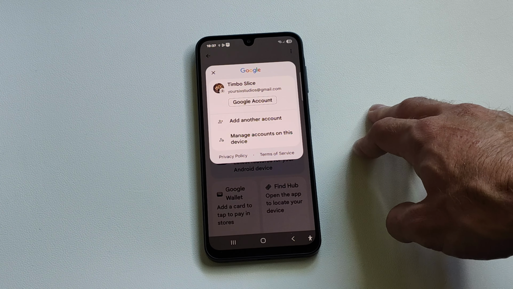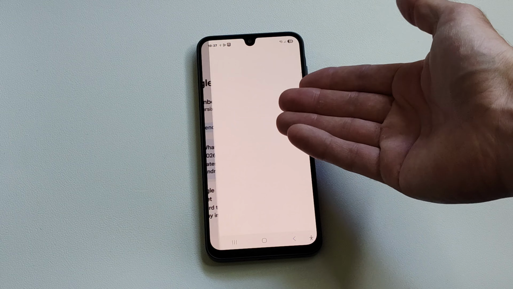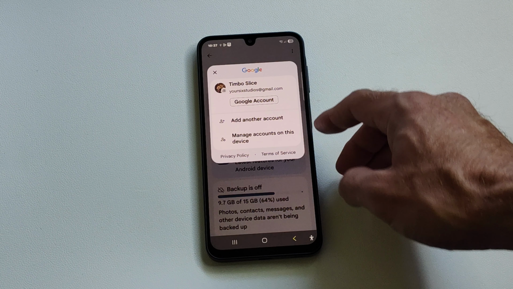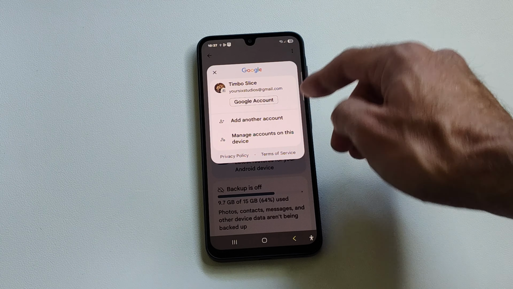Now to remove it we just need to add another account. And then we can delete our previous account. So that's an option right there. So if you no longer want this one, just add another one, and then we can go to manage accounts